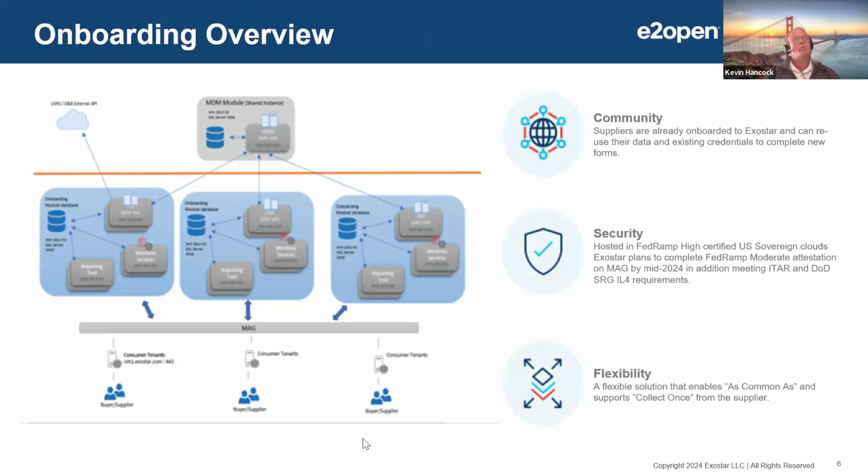So as I mentioned before, we really start with that organization onboarding. And that onboarding module that's part of the Exostar platform is where we start that. So in Exostar, when you want to work with another organization, another company, you first search the Exostar community. You'll typically see that those organizations are already there. So once you've identified that organization, you first search Exostar, you find them there, and you can invite them to